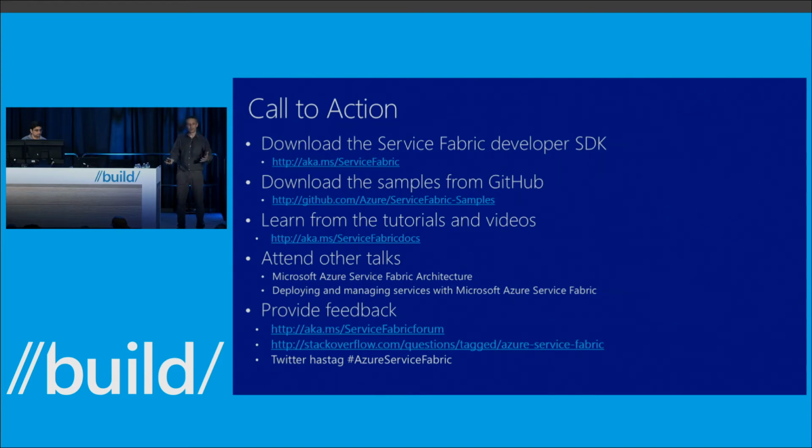This is the beginning of the journey for us, where we're going to ship the regular SDK. Later in this year, we're going to provide a service inside Azure where all the applications you've built will be able to run. Further in this year, when we ship Windows Server 2016, Service Fabric will be built into that. You'll be able to build clusters from that and deploy your applications there.